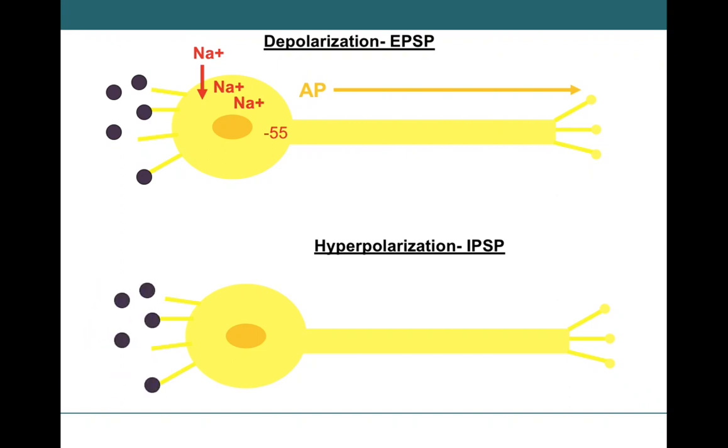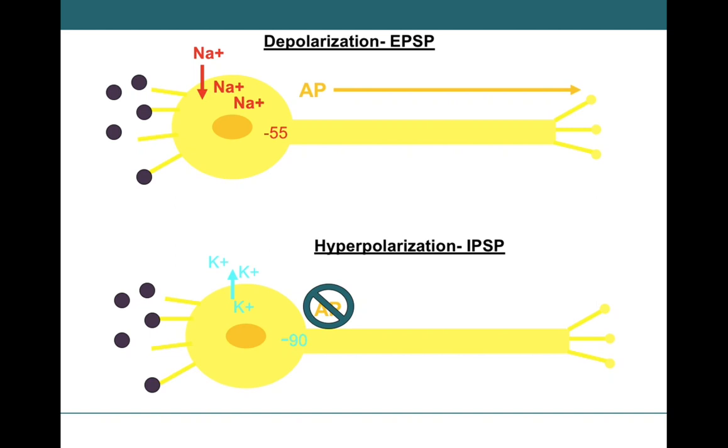So when neurotransmitters come into our postsynaptic cell, those are going to interact with potassium ligand-gated channels. And when potassium channels open up, potassium is going to flow out of our cell along its concentration gradient towards the outside of the cell. And this causes a hyperpolarization. We are much less likely to fire an action potential under these circumstances when we're firing IPSPs. So the more IPSPs we have, we're less likely to fire an action potential because that's taking us away from the threshold potential. We would need a lot more EPSPs to counteract the IPSPs that are already present in our